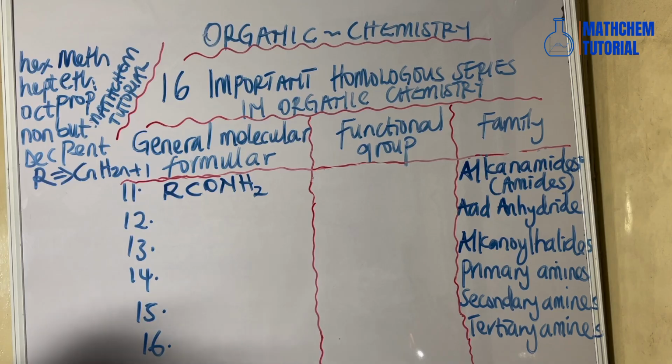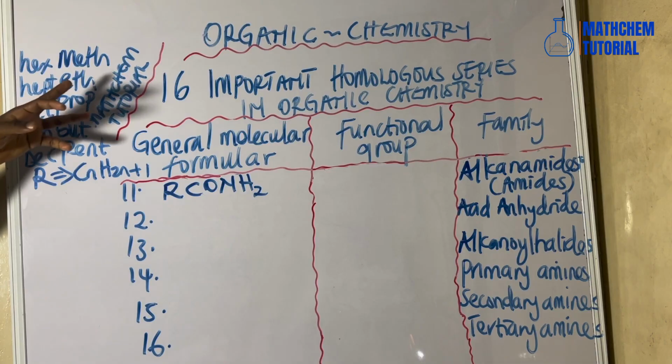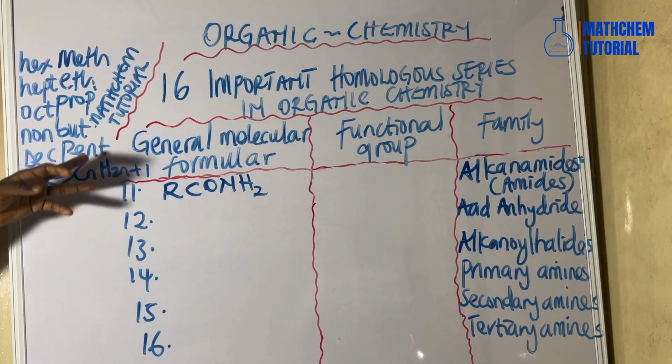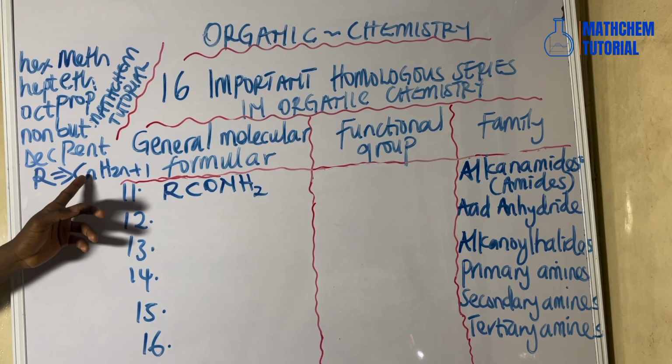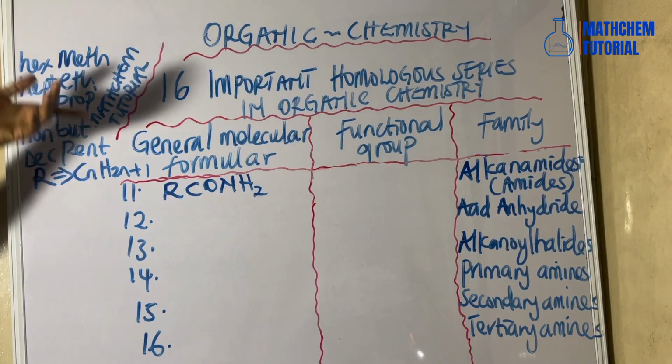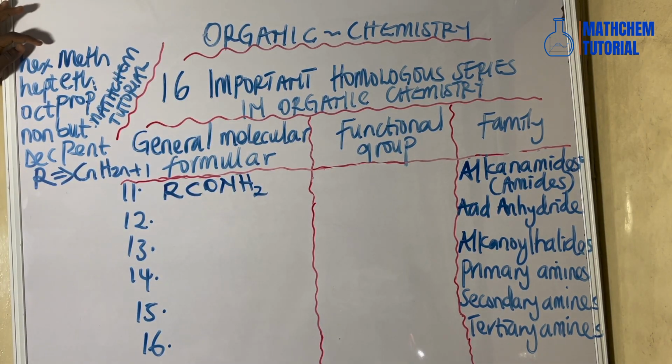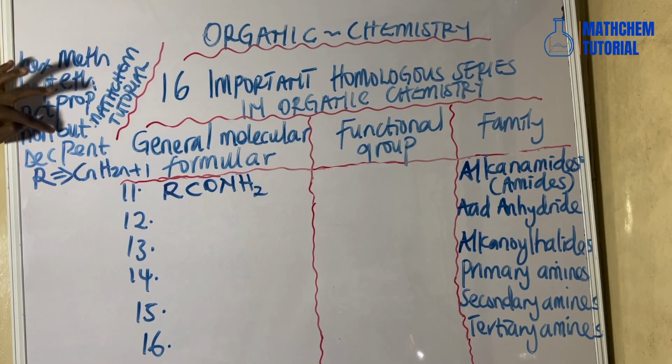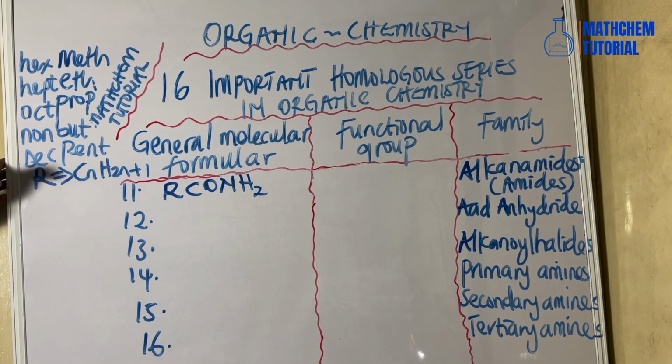I've explained that in the part A video. Such as methyl, ethyl, propyl, butyl, pentyl, which is CnH2n+1, where n is the number of carbon atoms, 1, 2, 3, 4, 5, 6, 7, 8, 9, 10, as you can see here. So the general formula for alkanamide, also known as amide, is